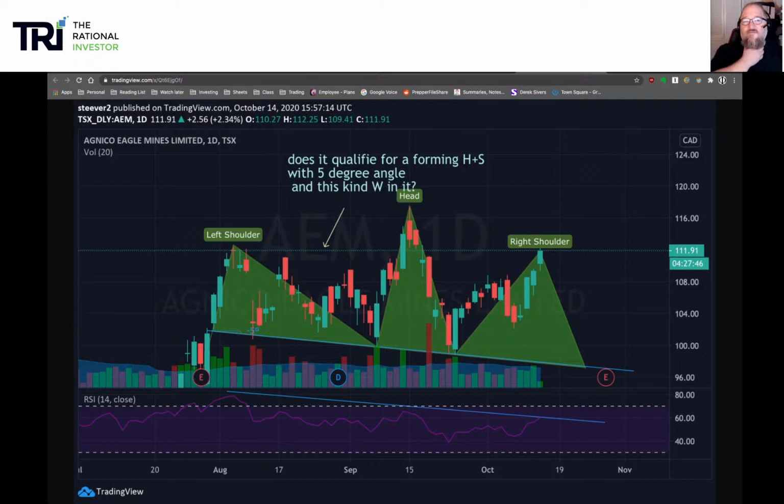Does this qualify for forming a head and shoulders with a 5-degree angle? Yeah, I don't like the angle as much. The W doesn't really bother me. This W that you're seeing here doesn't really bother me too much because we'll see that semi-regularly in a head and shoulders, right? Because we had to come up here, we had to come up in the middle, we got to come up here. That doesn't bother me as much. I don't love the angle, particularly because